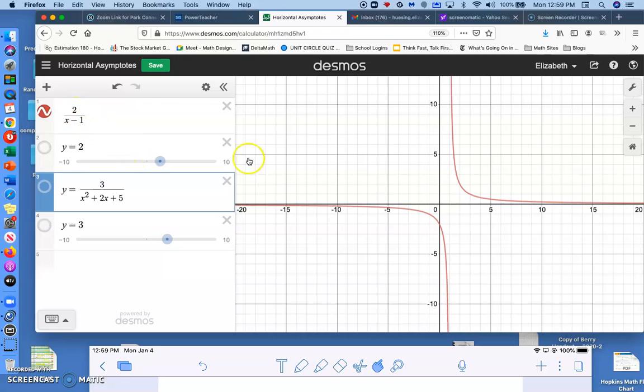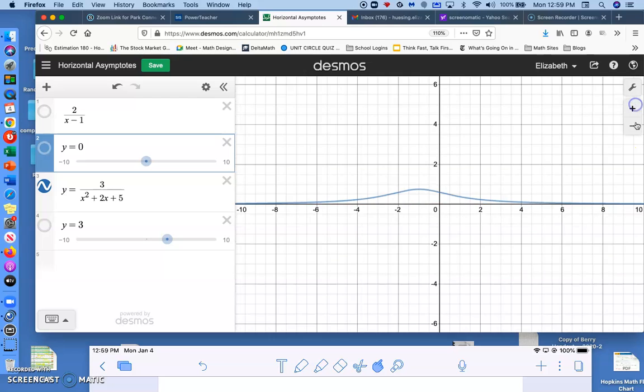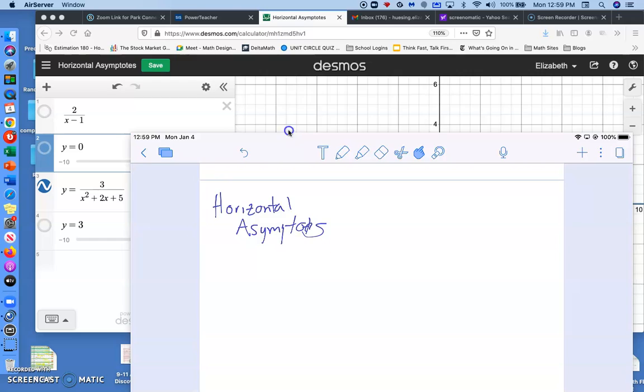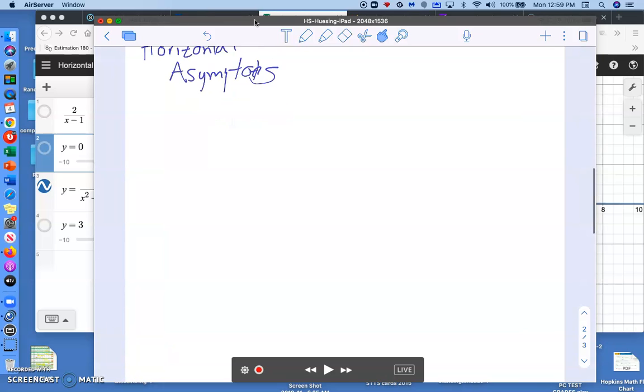If I took out that x on top, it's no longer at 2. It's at y equals 0. Okay, and if I took out that x on top of the other one here, this one's going along the x-axis again. So one way to think about horizontal asymptotes is what happens